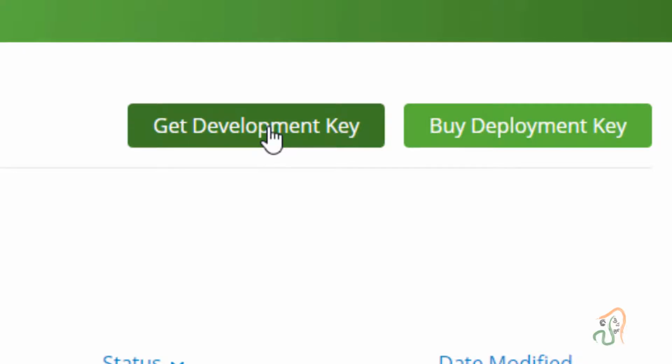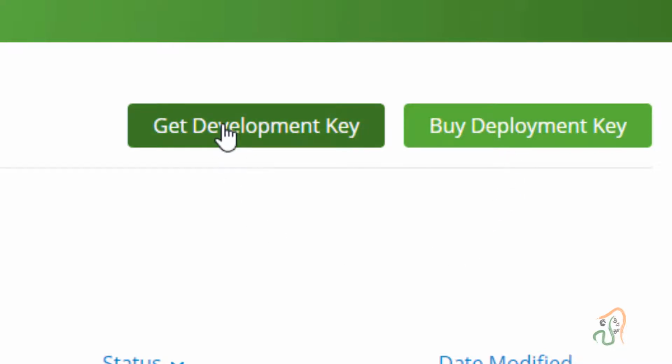That is, you can create this application, you can test it. But if you want to launch it on Google Play or Apple Store, or if you want to distribute it, then you have to pay the money and purchase it. You have to approximately pay nearing $100 per month, or at least $50 per month to get this deployment key.